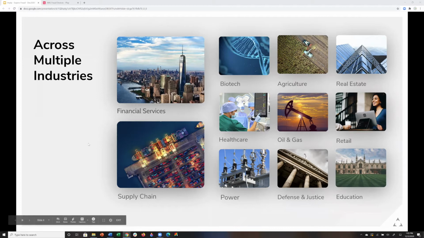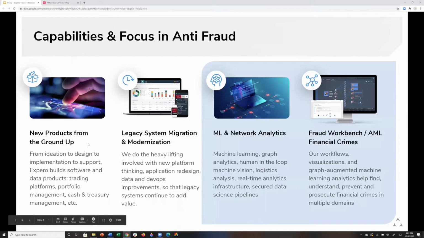The next thing we can do, as we start to look at that, is in anti-fraud, tying together machine learning and things like AML and financial crimes. Obviously, Imply and Expero can help you do these kinds of things in other areas. But today, we're really going to be focusing on what those patterns look like. And then more importantly, we're going to show you some examples and a little peek behind the curtain, if you will, about how we do that, which is typically most important.